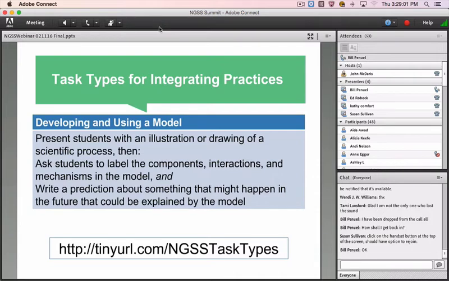And I've made these available for you to view and download if you would like and would find useful on this tiny URL /NGSS task types so that you can see our work. I would emphasize that this is a work in progress and that we'll actually be sharing these at NSTA at a workshop that I'm doing with Phil Bell from the University of Washington if you'd like to join us in Nashville for that particular workshop. We'll be sharing a full list of all 8 and some example tasks for all grade levels.